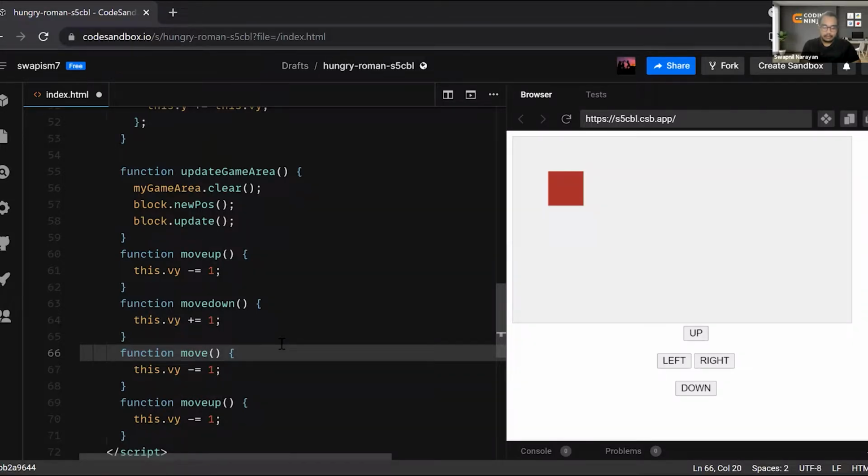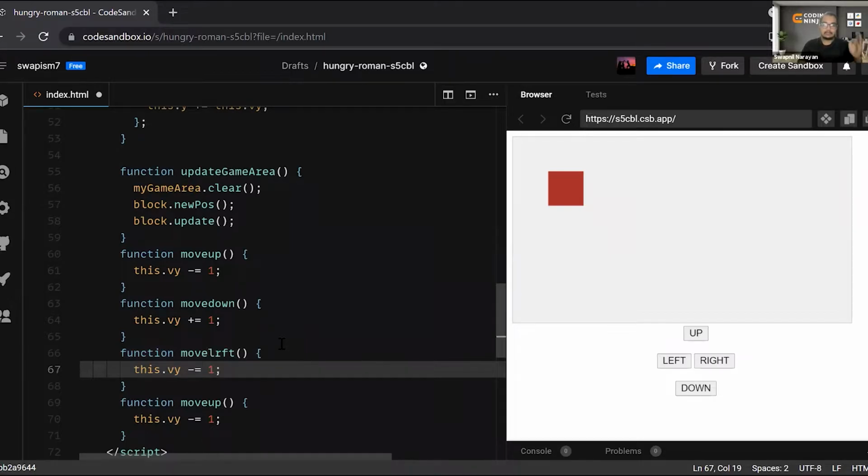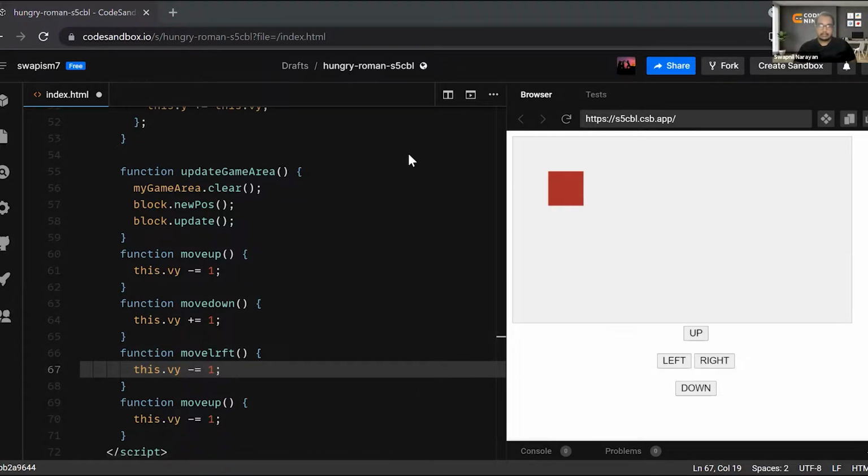In move left, what will change? Can anyone tell me? In case of move left, let's see what will change. X. What? No, no, X is not gonna change. What will change? Think carefully. What will change in the case of move left and move right?